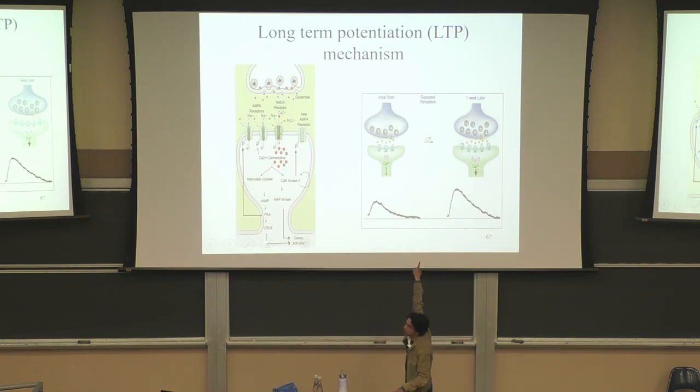But the purple cell doesn't really know that the green cell fired, in principle. So how does it know to strengthen this synapse? It does that through a retrograde signal that goes from the green cell to the purple cell. Usually the signals go from pre to postsynaptic, but there are also some retrograde neurotransmitters that go in the opposite direction, and in this case that neurotransmitter turns out to be a gas, which is nitric oxide. So nitric oxide is released from the green cell and goes to the purple, and then the purple is like, oh, we are synchronously active, so I should strengthen this synapse.